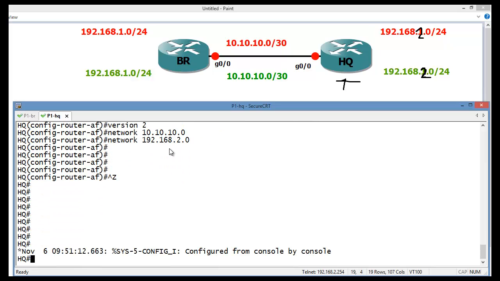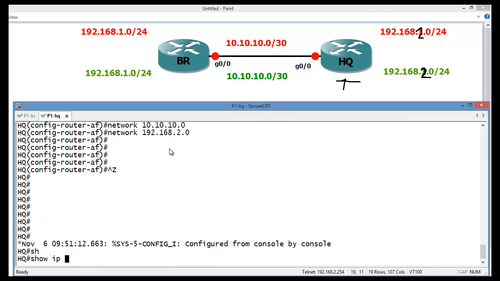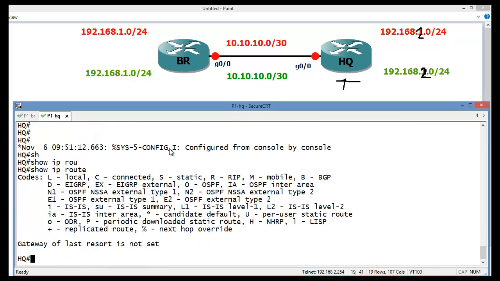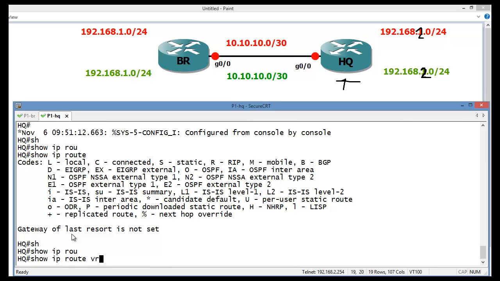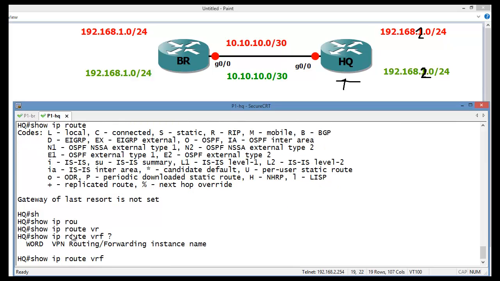If we execute the command show ip route, that time we are going to look up the global routing table, but in the global routing table there is nothing we can see because we are running VRF-Lite. So VRF-Lite keeps a separate routing table from the global. So we need to execute the command show ip route, and then after VRF and the name of the VRF. So RAID,